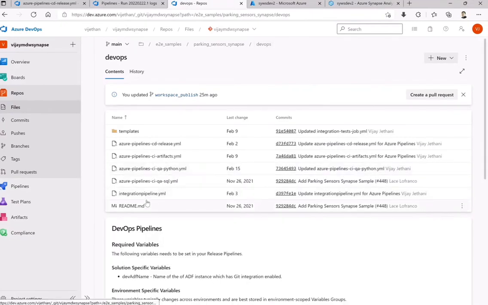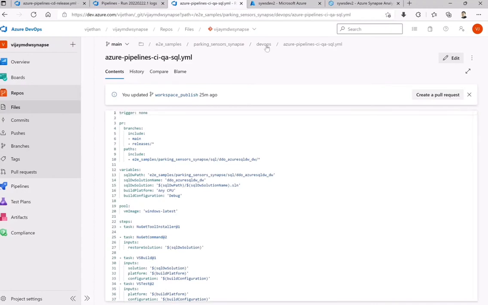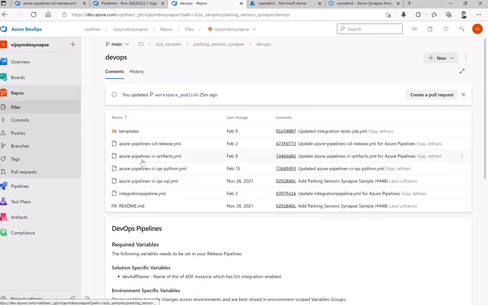Apart from that, I think you can also go to the other respective pipelines as well and look at what exactly those pipelines are. But mainly we will cover CI artifacts, CI release and integration, because this you can do anyway afterwards as well. So that is not of much concern as of now, at least for end-to-end installation as such.